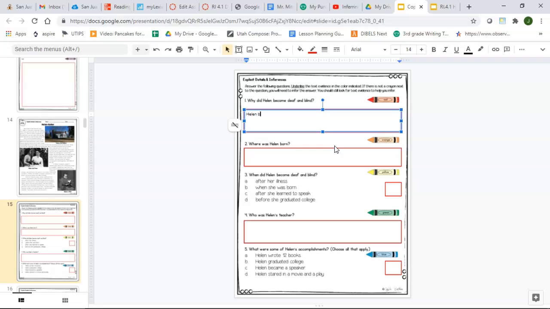Helen became deaf and blind from a sickness she had when she was just 1 year old. Okay, so there's my answer to that question. You'll notice I found it in the